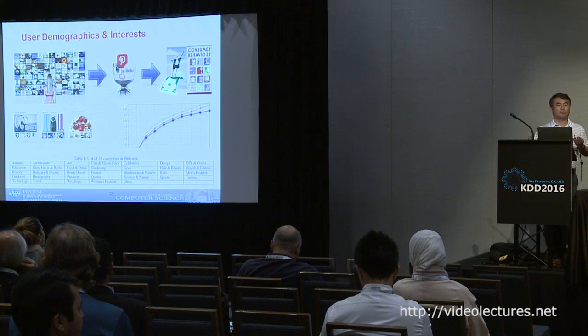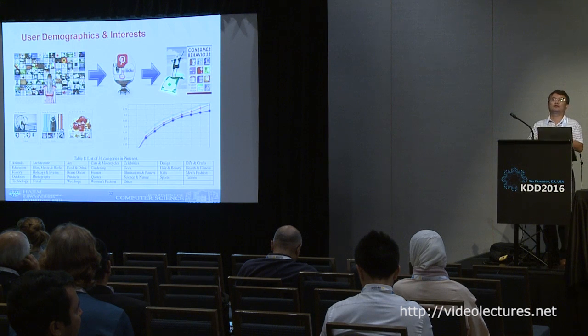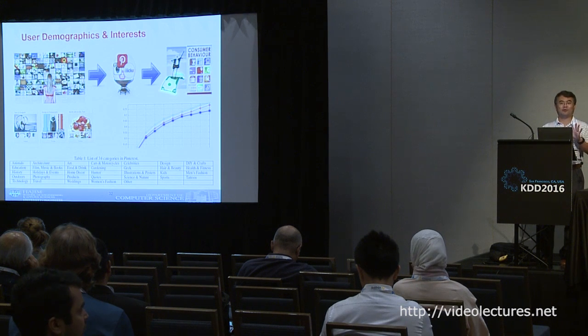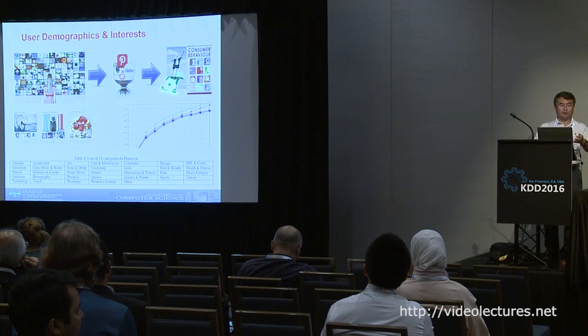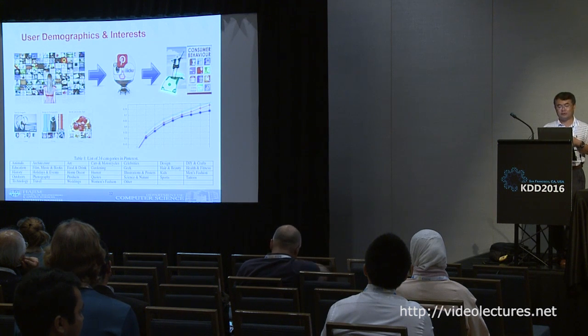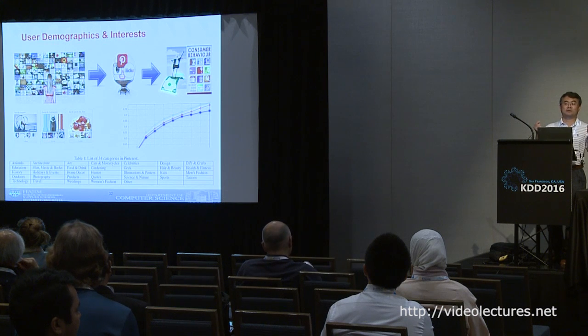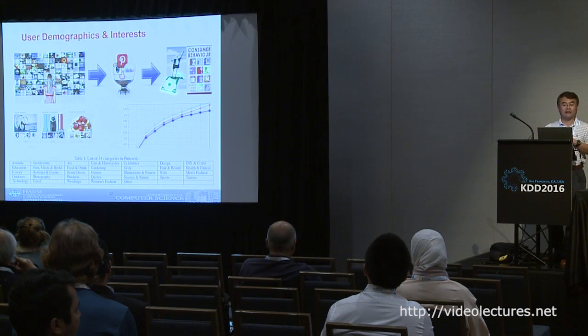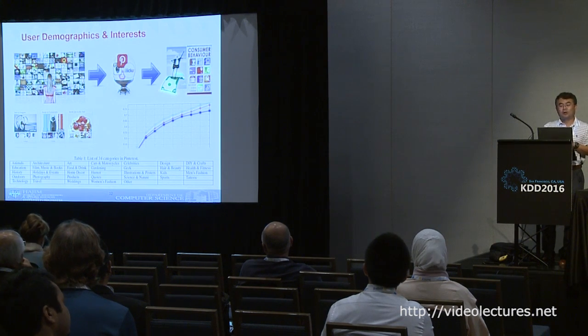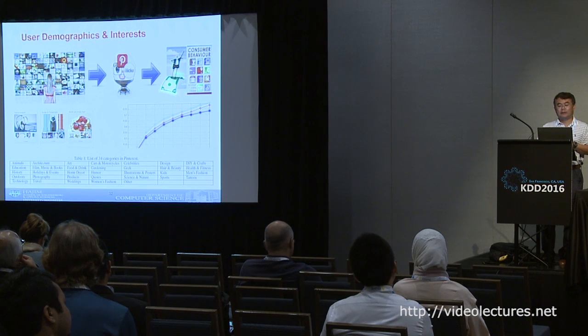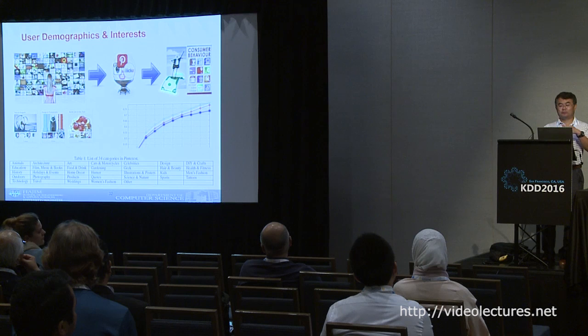Later on, we did something more comprehensive. Again, if you use Pinterest, you know they classify user interest into 34 categories. Actually, 33 to be exact, and the 34th category is for other. Anything that you can't put in the first 33, you dump in the other category. So essentially, each user is represented by a 34-dimensional vector. What we wanted to do in this work was to use the images to reconstruct this user interest vector.